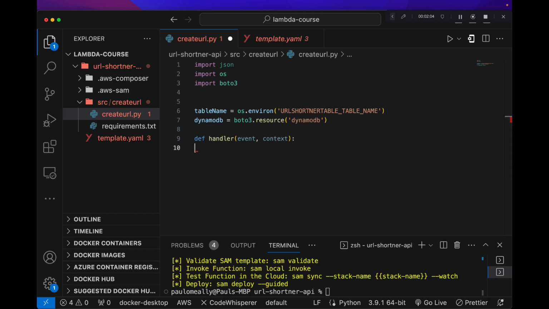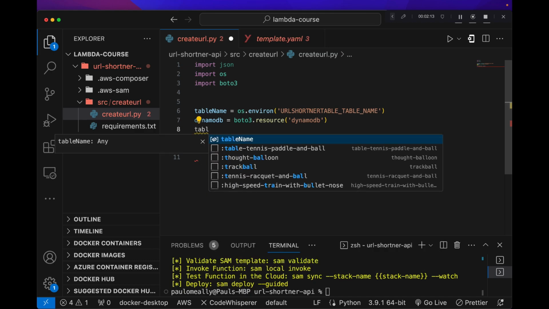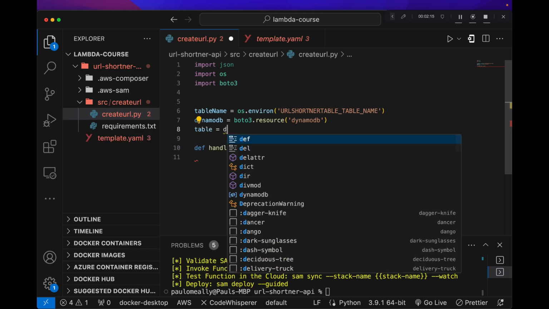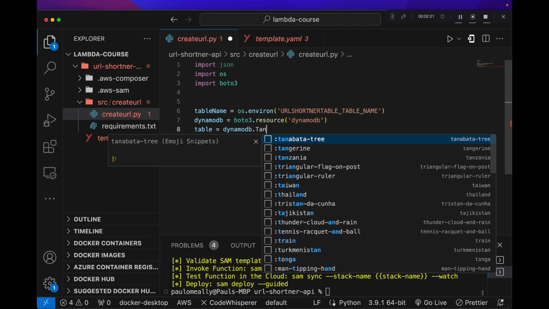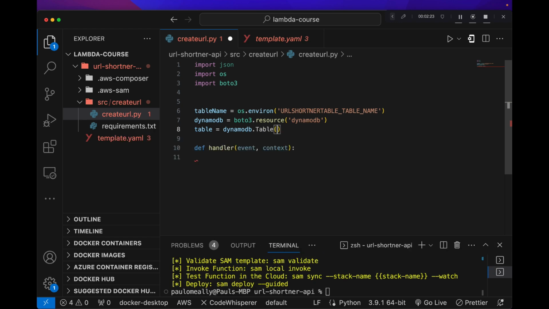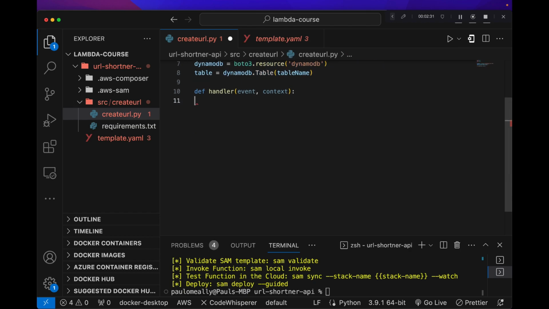We have a resource, we have a table name, and we also need a DynamoDB table. So let's do table equal the resource that we created dot table, and let's pass in table name. So those are probably some of the basic stuff we'll access later on, and we can probably start writing out